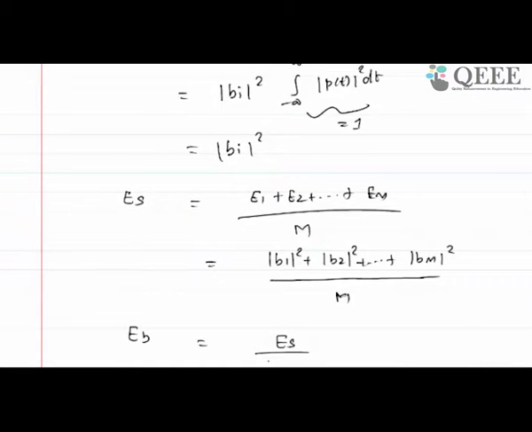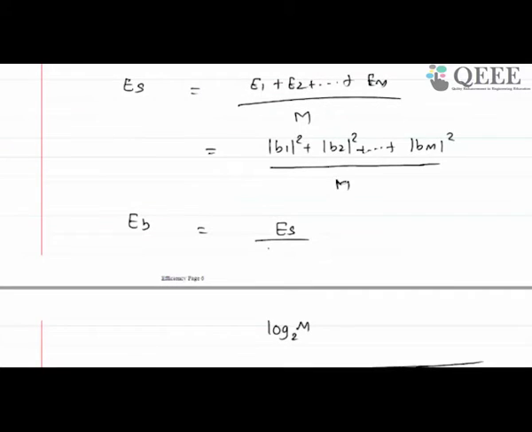If it is BPSK, the points are 1 and -1. They both have unit magnitude, so when you find the average it will still be 1. So the average symbol energy is 1. Now the average bit energy: the symbol energy divided by the number of bits per symbol is the average energy per bit. For BPSK it is again 1.